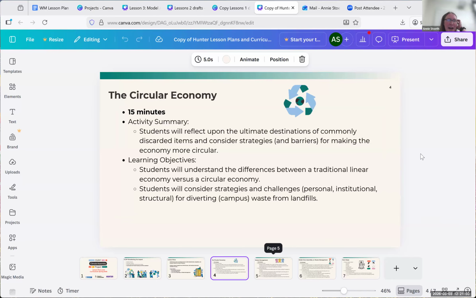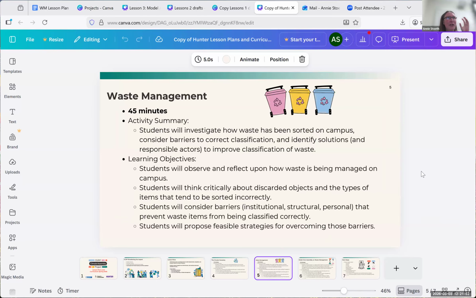The second lesson I've been working on is kind of a critical evaluation of waste management as students see it at Hunter. So the beginning activity for this one is that students go out on a little field trip around the department and investigate what they see in different kinds of bins on the floor of the department.